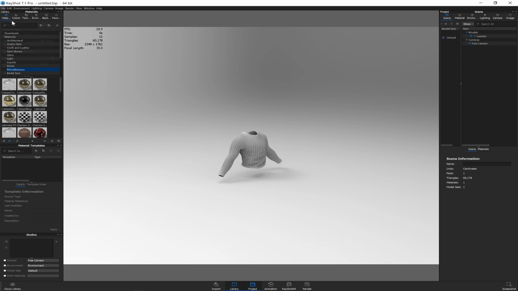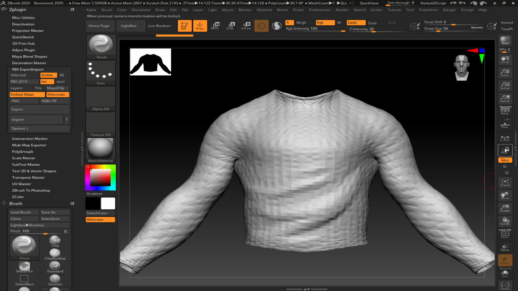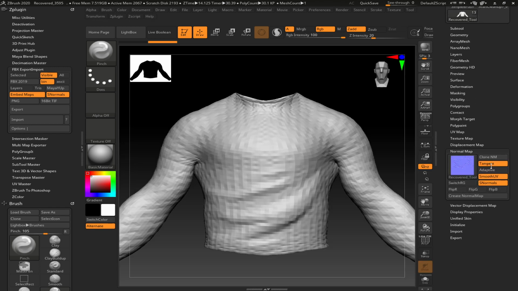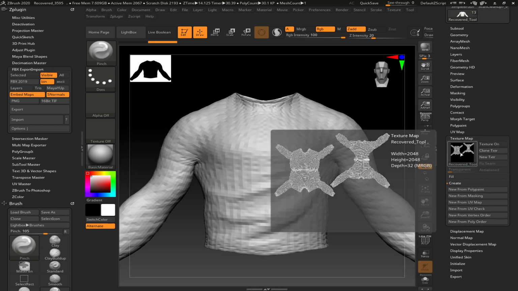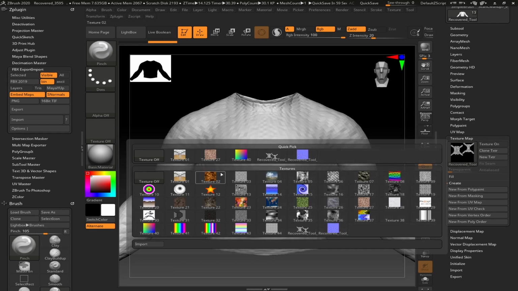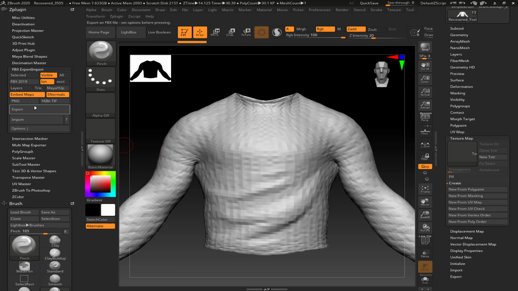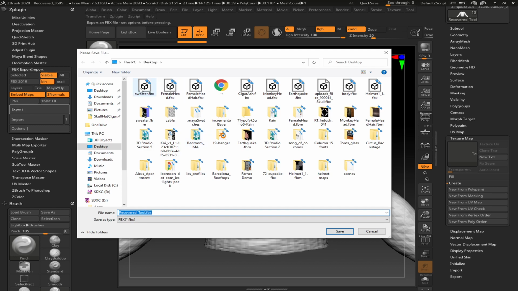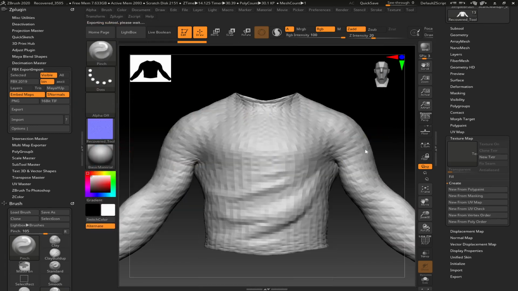Okay, so we do see an interesting problem though, and that's that the wireframe came in. It's not a big deal at all. It's just that the wireframe was left on as a texture. So that was an accident, which is easily rectified. In ZBrush, go back to texture map, go to the texture palette. This is if you had poly painting or if you had created a texture from your poly painting, you should leave this on. But we only have a wireframe on here, so turn it off. So that's the problem there. In other words, I would re-export also at this point. But yeah, anything that's active in the texture map,